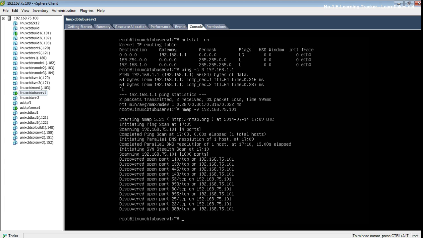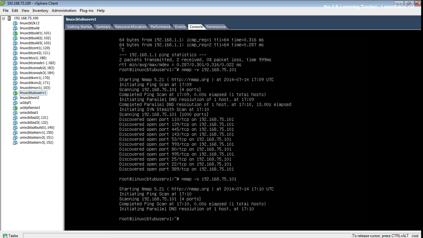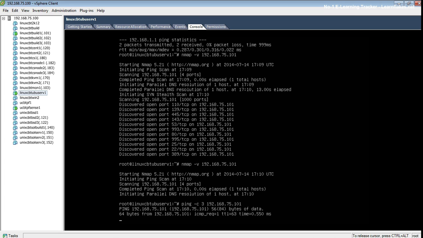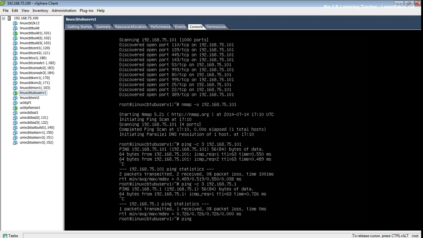So let's say actually it discovered the open ports, it found some stuff. So it is routing traffic through. In fact, let's try to send some packets just to be sure, outside of the convoluted nmap, to 75.101. And that means traffic's flowing. 75.1,